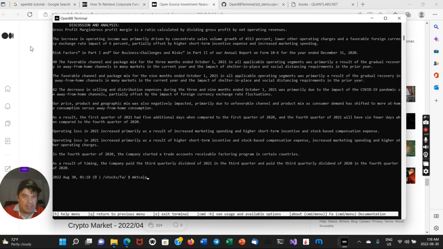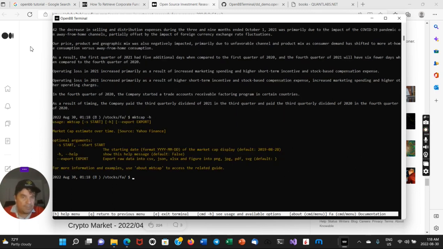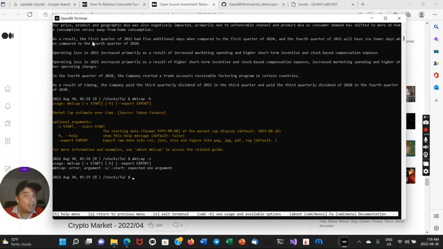Okay, so when you do a command here, as I said, you can load up the help. In this case, I am seeing market cap start, I believe. And you can do an export as well. So I think we already did this. Market cap. Here, do I have to put in market cap? Oh, I see. So I have to put a date in it. So market cap. Okay, we can go